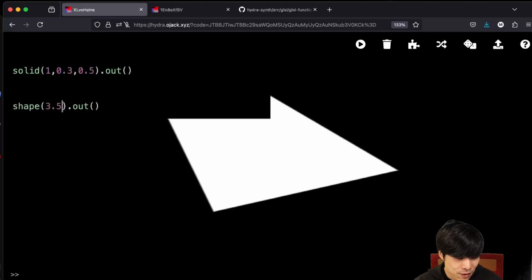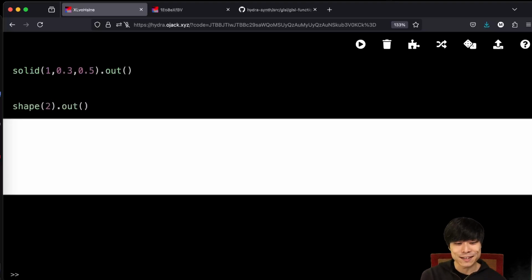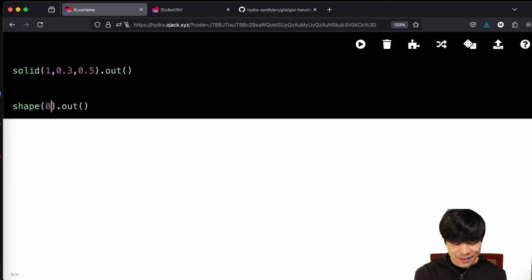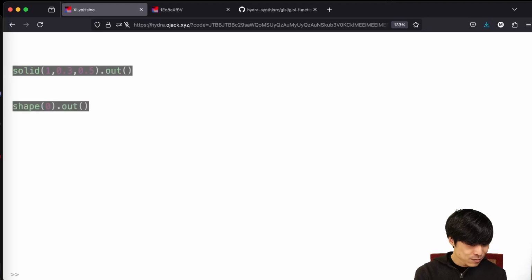You can do a weird thing like this, but it doesn't really make sense. If you want to work with this shape, that's perfect, but you can do really funny things. Like, what if it's 2? You can do it actually, and it's very useful. It's very similar to the stripe thing that they did with OSC. This can be useful in some cases. Also, this is very useful. Anyways, 0 is not really useful. But anyways, what if I do this? No. Anyways,